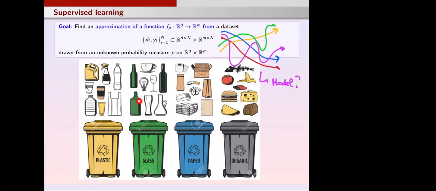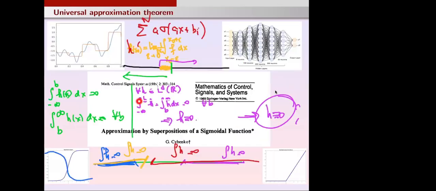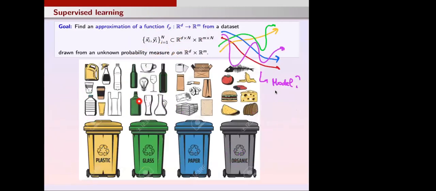Well, what Cybenko said, listen, you can always do that. Why? Because every function can be approximated by sigmoid functions, right? Therefore, regardless of how complex the function you are looking at is, and this is a function that will, of course, also depend on some time parameter. So not only do you need one Cybenko function, but you need a Cybenko function depending on time, which is able to do whatever you want, right?